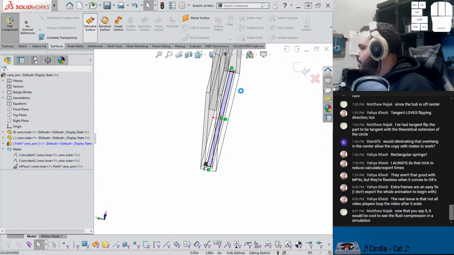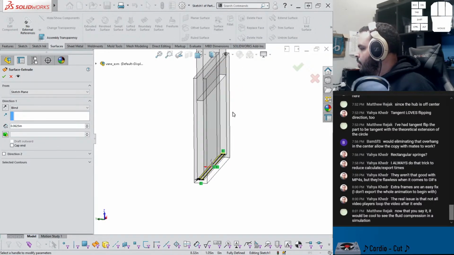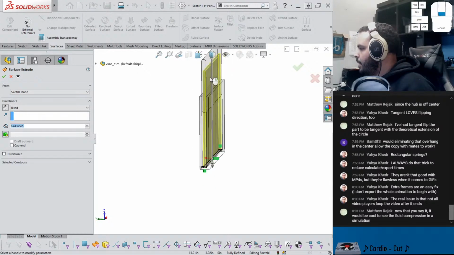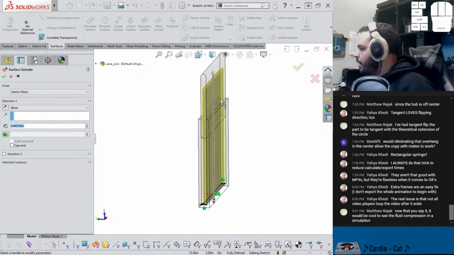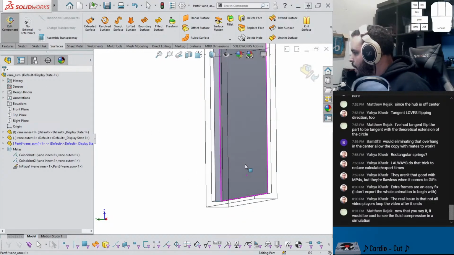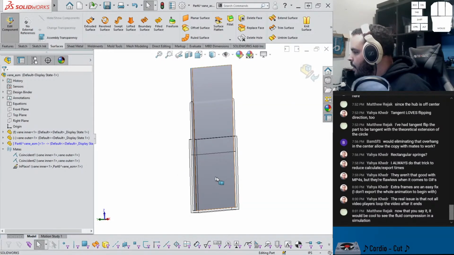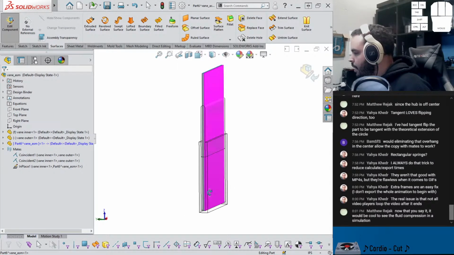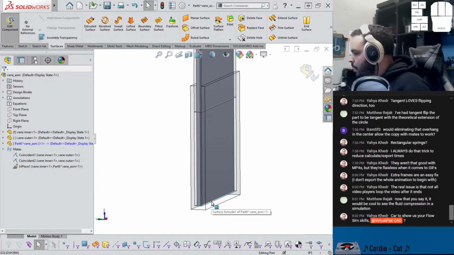We go to surface and extrude this surface way taller than it could ever possibly extend. So it actually does not matter how tall this is, but I'll make it extra tall. Alright, so far so good. I will then